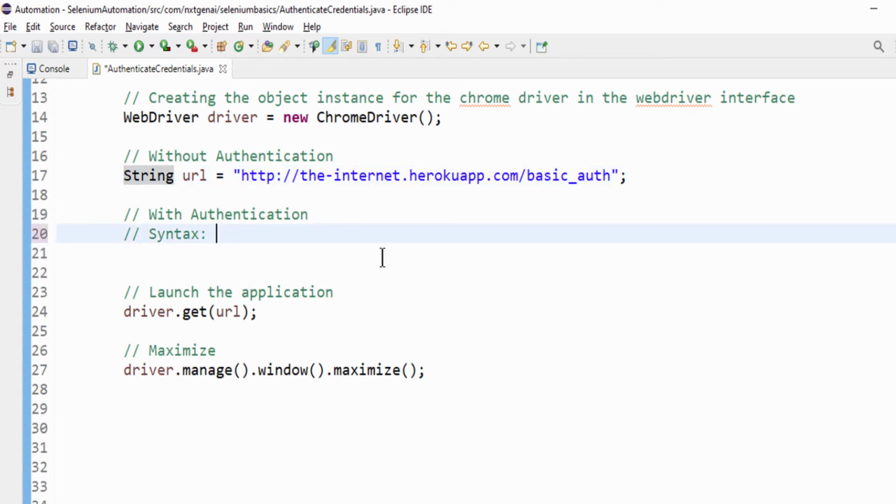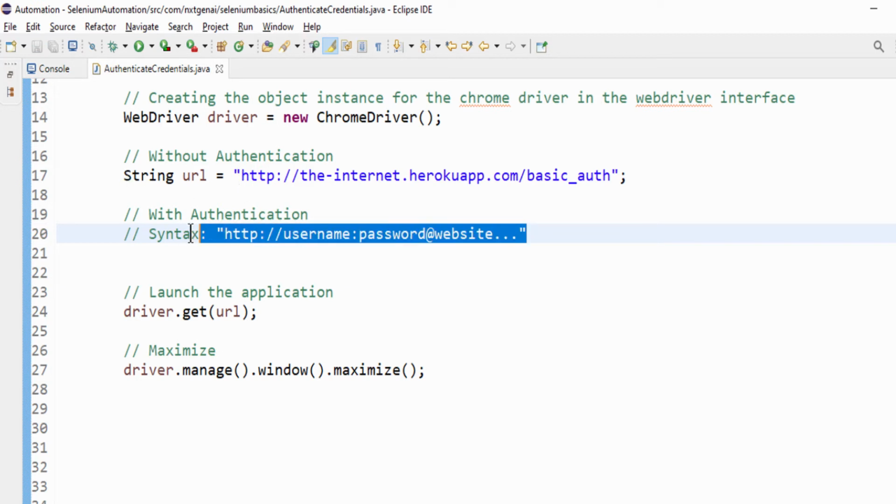Whenever we come across such a scenario, always remember the syntax is like http:// followed by the website name .com. Now after the double slash, you have to enter username colon password at, then followed by the website. So this is the syntax for handling the authentication.